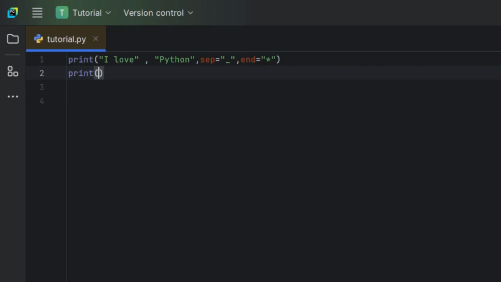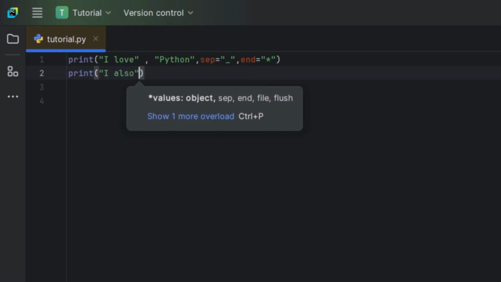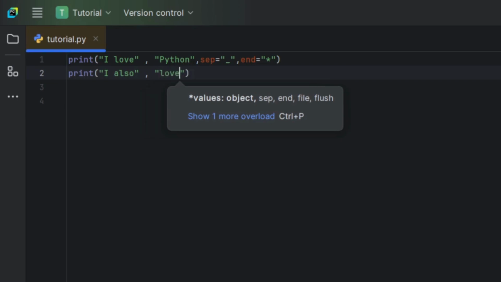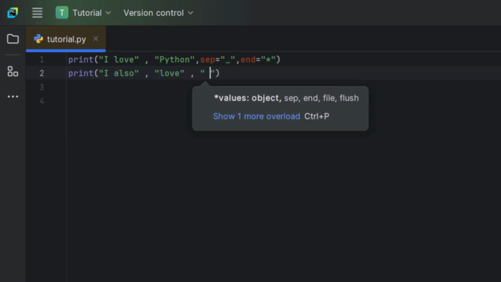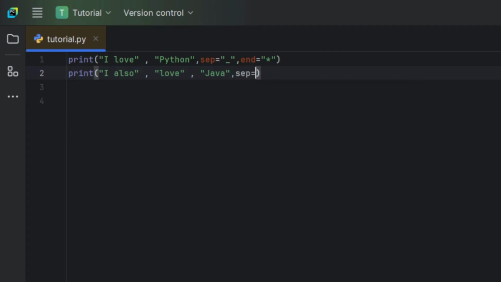Print "I also", "love", "Java". Then let's write sep is equal to.